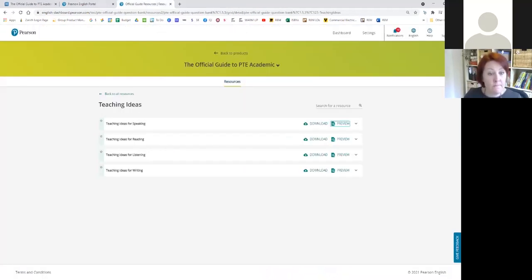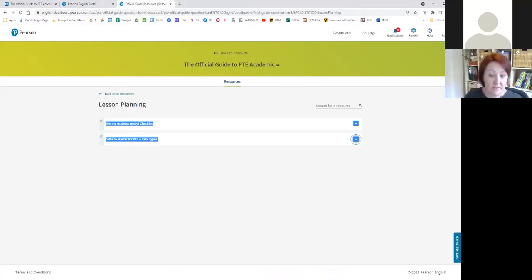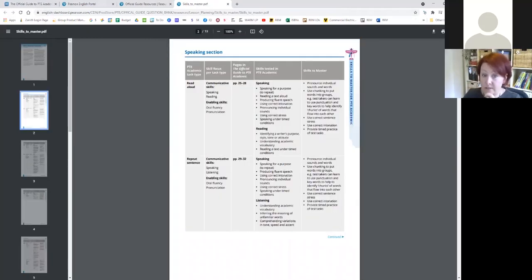So that's that one. I'm not going to go through all the resources because honestly, there's quite a lot. Lesson planning, we can just take a look at this. This is the skills to master. So this is a document that you get with your product, and it's actually really helpful. It outlines to you per task type all of the skills that are tested in PTE Academic, but the key points that you need to focus on with students.